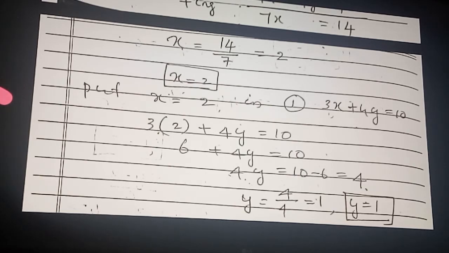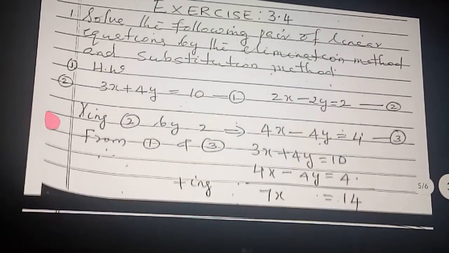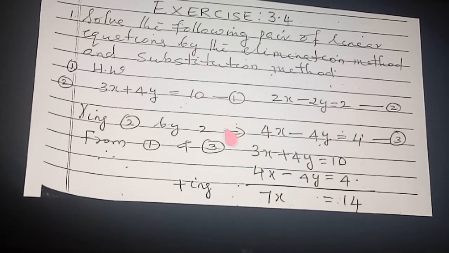So once more you can go through the points. What is elimination? Make the coefficient of any one variable the same. Fix that in your mind. Make the coefficient of any one variable the same. So which variable did we make the same? Y. Y variable's coefficient we made the same.